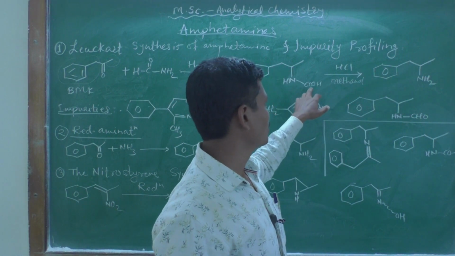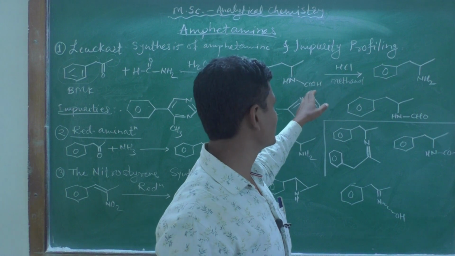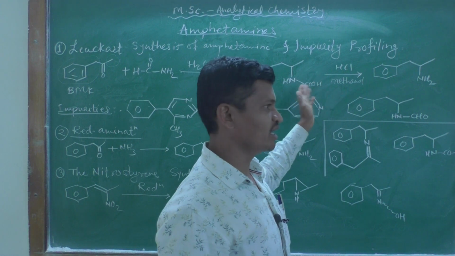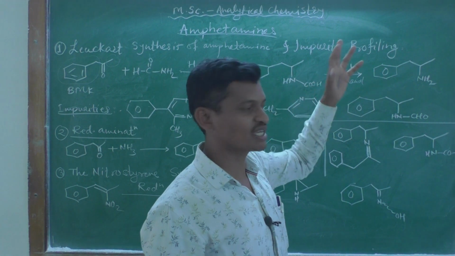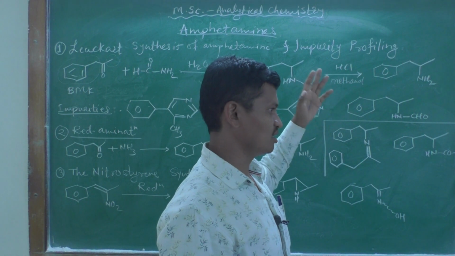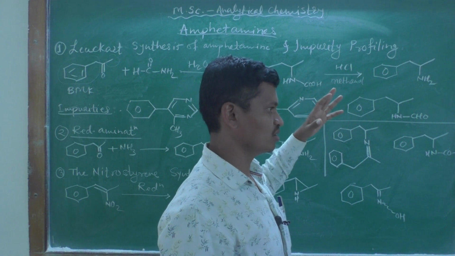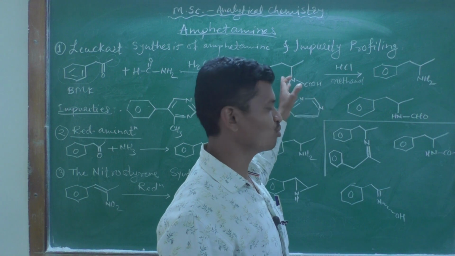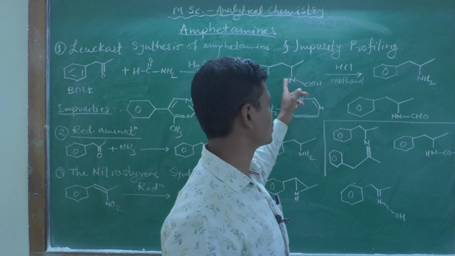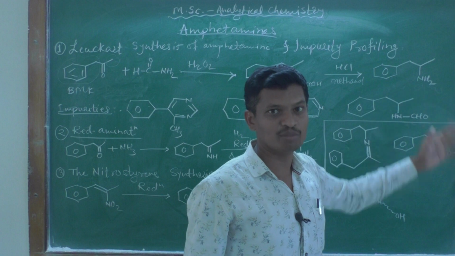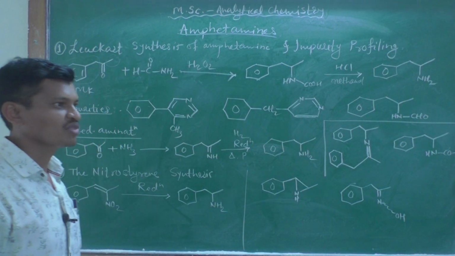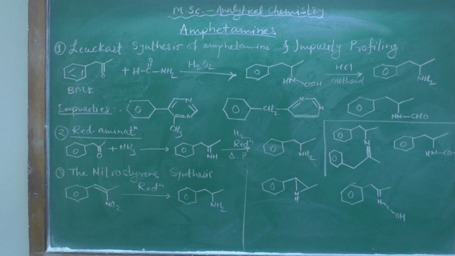Okay, so decarboxylation may take place here, and a CO2 molecule may be knocked out from this molecule, and this hydrogen goes to this nitrogen, and our target molecule amphetamine is produced. Okay, so this is a very simple reaction between two molecules, that is benzyl methyl ketone and